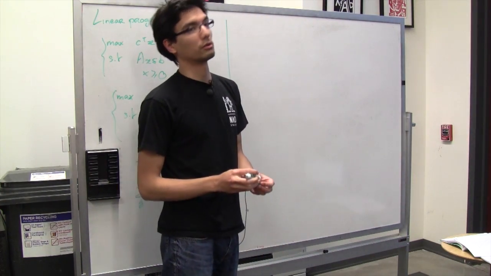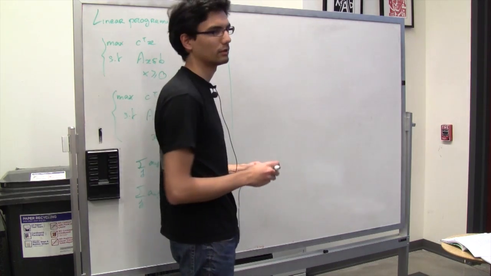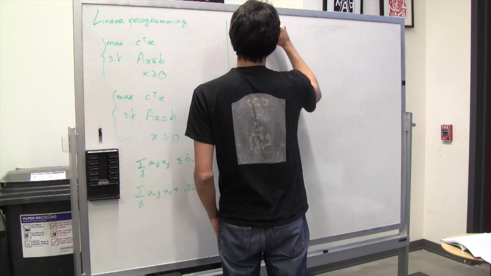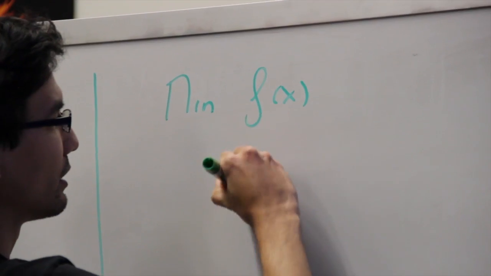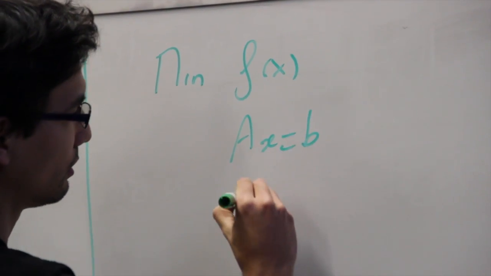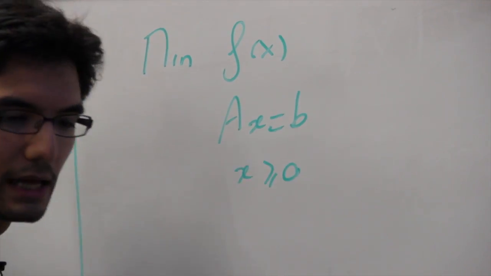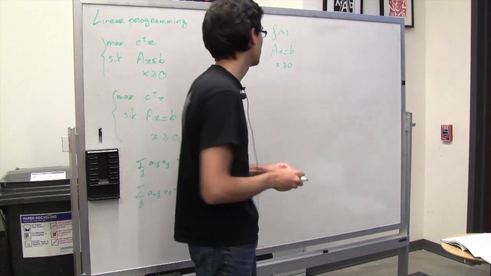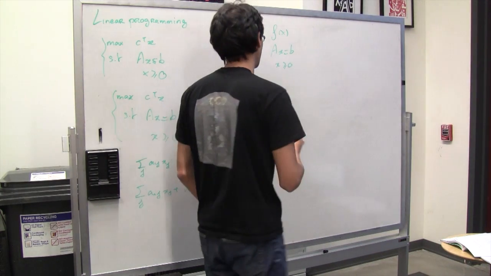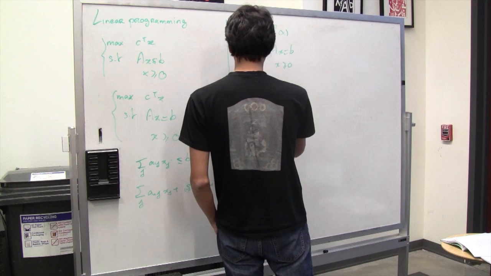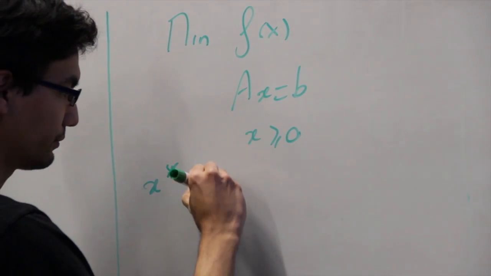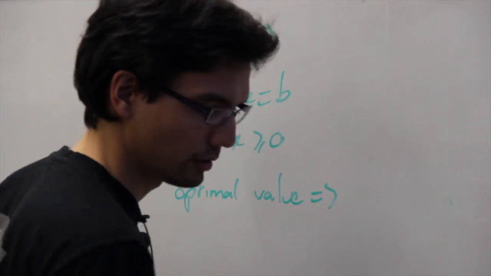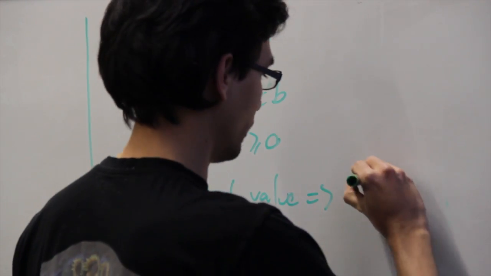Something you have perhaps also seen in CME 304, Walter's course. Let's suppose you want to minimize f of x such that Ax equals b and x positive. Here is an optimality condition that you may or may not have seen: if x star is an optimal value, it implies, among other things,